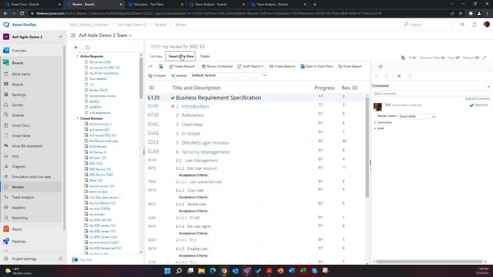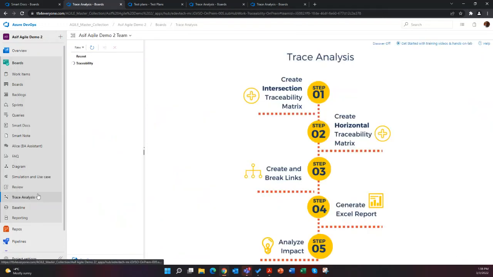So folks, let's look at trace analysis. Of course, as we create information, we want to understand how things come together.